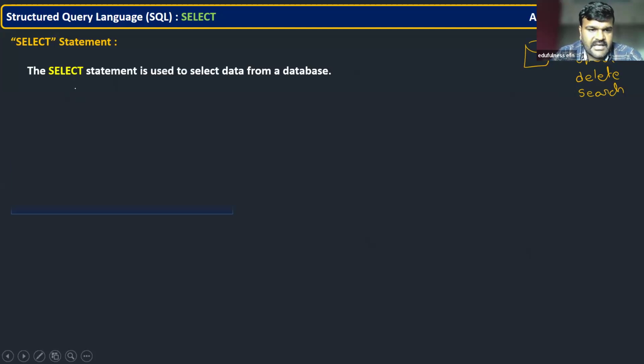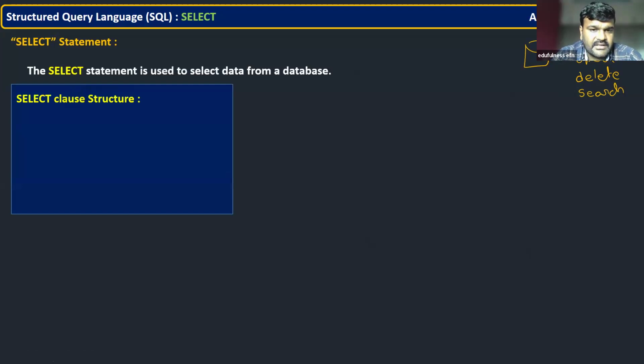Okay. Now in select, how will you use the select command? What are all the different clauses in this select command? Let us try to understand first of all. A very high level discussion now. And every clause we are going to see now is a separate class, so you are going to understand like anything.